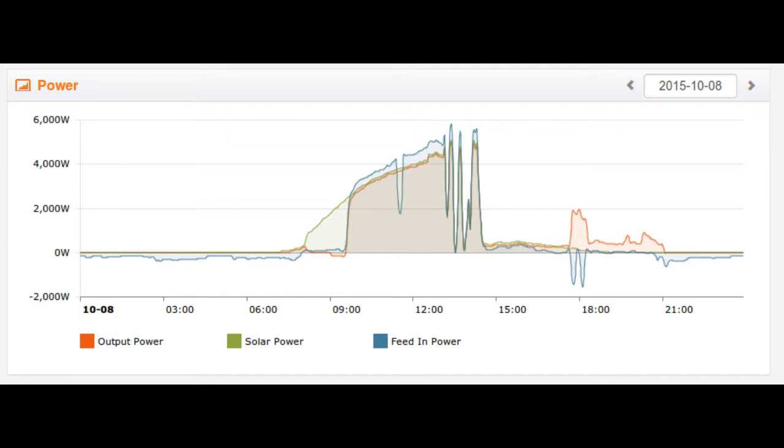There is a massive difference between what we were generating just before that cloud came over, which is pretty close to about 5 3/4 kilowatts, all the way down suddenly to about 300 or 400 watts. So 5,700 down to about 400, so it's a huge difference. But we've got lots of power in the battery by this stage, so we don't have to pull anything from the grid. And then at about 6 o'clock we probably put the oven on for tea and the kettle, and